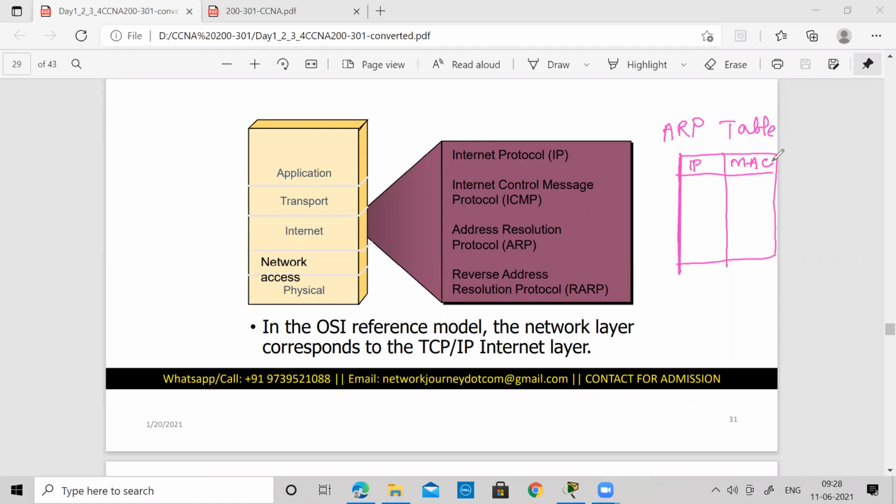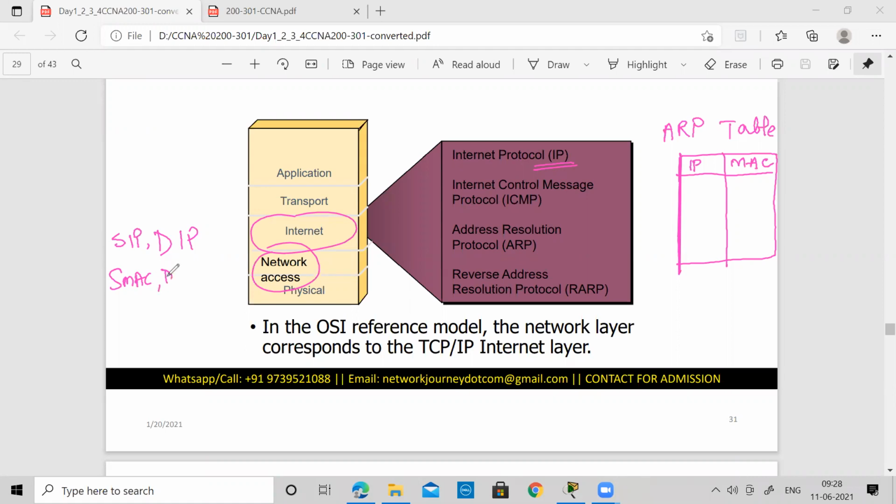Most of the time, the IP protocol would know the source and the destination IP. In the network layer, we will be aware of what my IP is and whom I want to communicate with; that IP will always be known to us. But when you come down to the network access layer, or the data link layer, you will not know the information about the MAC address. You will know your own MAC address because you have your network interface card. The card has your MAC address, so that address will be known to you.